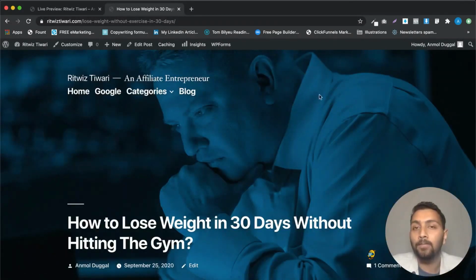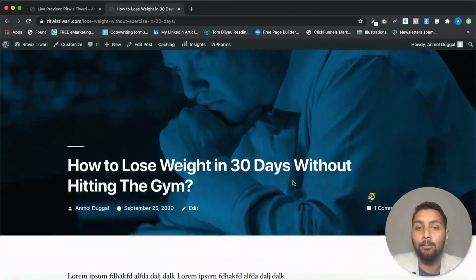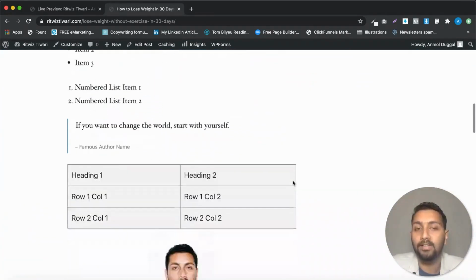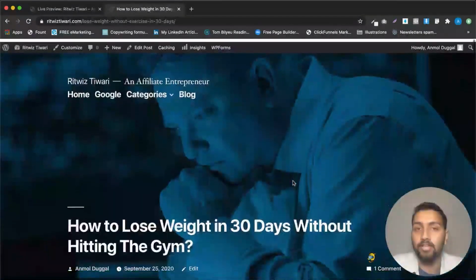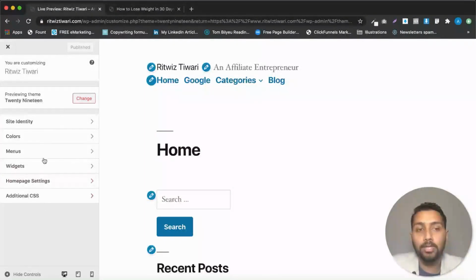See how the featured image is being used by this theme, how beautifully it is being used, and how clean it is. Right. And now see, the entire look and feel has been changed. The colors have been changed. All these options that you see here are part of the customize option that was available below the themes inside the appearance tab. So I'm going to talk about them in the next video.